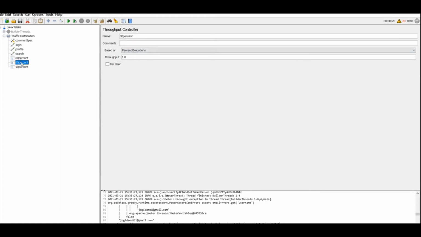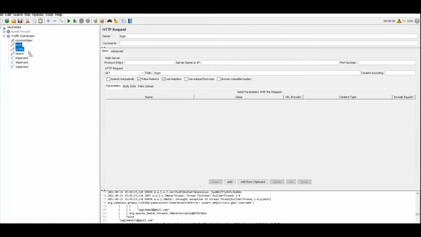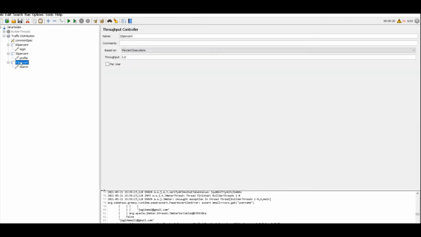You can add 3 throughput controllers. Name it 60, 30, 10. And now under that you can put these values. So 60 is login, 30 is profile, and 10 is search. So now it would actually run the traffic distribution based on our requirement.